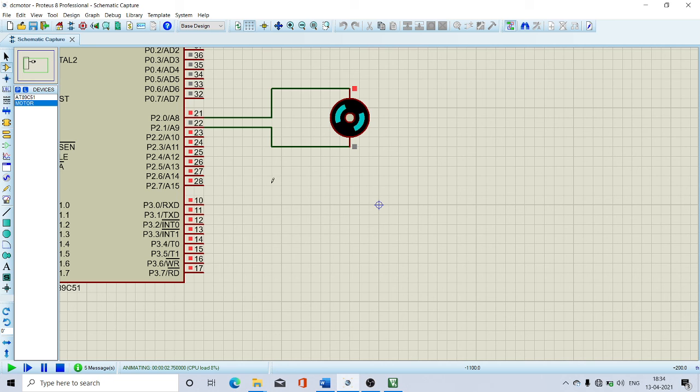You can see the motor is rotating initially in clockwise direction. You can see the simulation time here. When you are doing it, you can observe the simulation time. After 10 seconds it starts rotating in anti-clockwise. This procedure is repeated forever since we kept these statements in the while loop. So the motor will rotate clockwise for 10 seconds and anti-clockwise for 10 seconds. So this is how a DC motor is interfaced. You can stop the simulation.